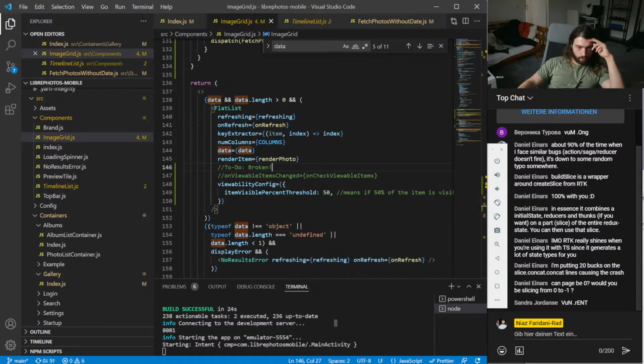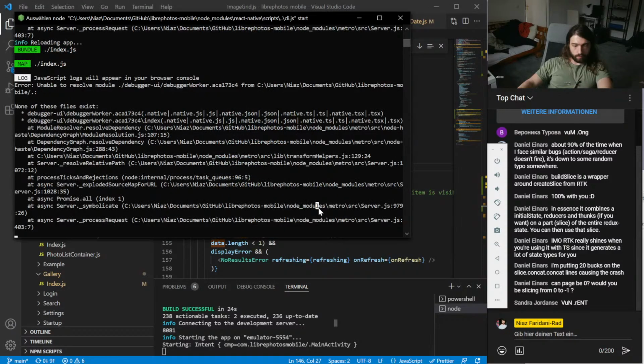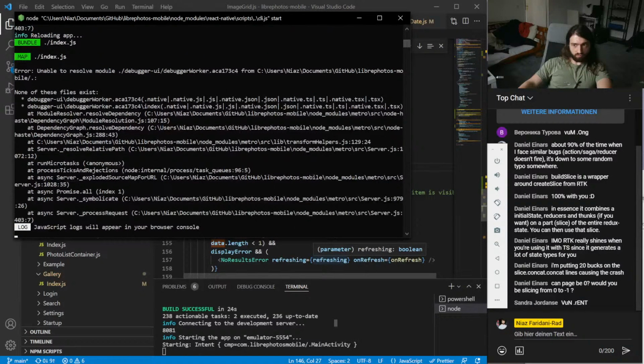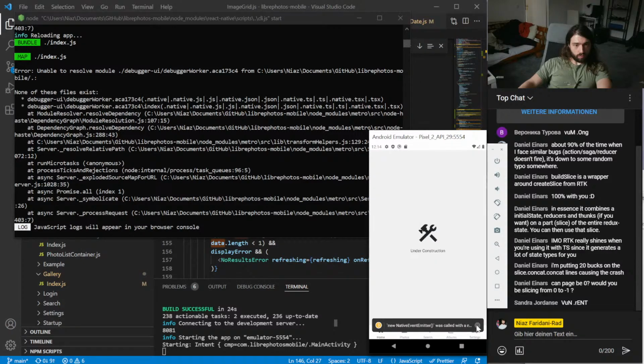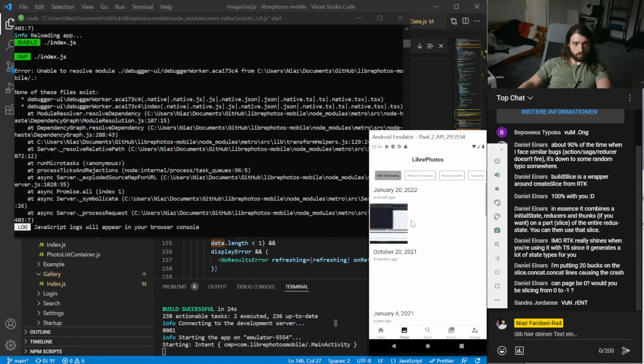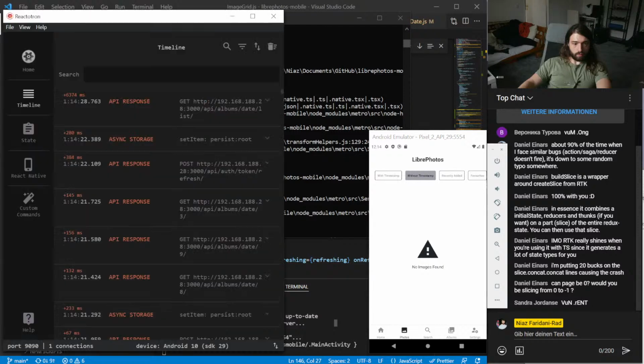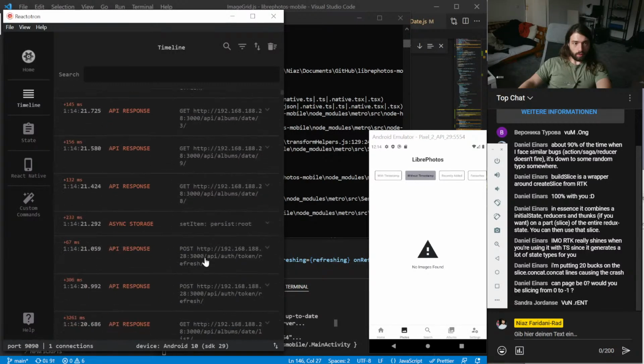Okay, so reload. Here we go. And that is still empty somehow.